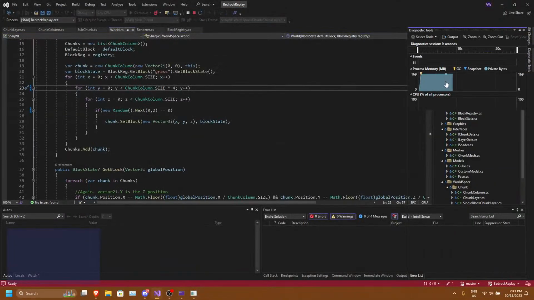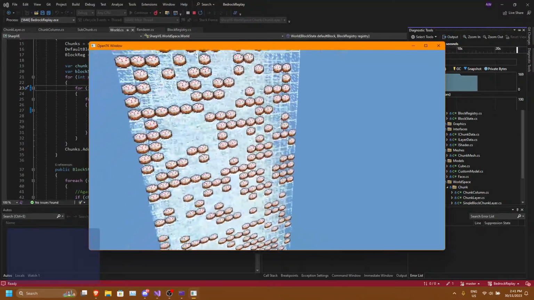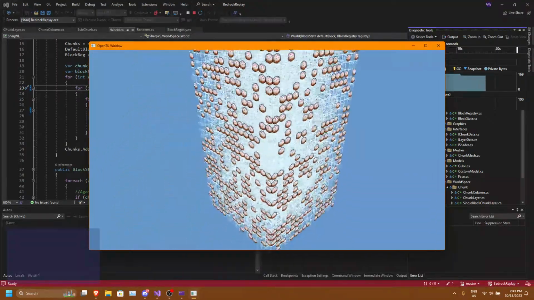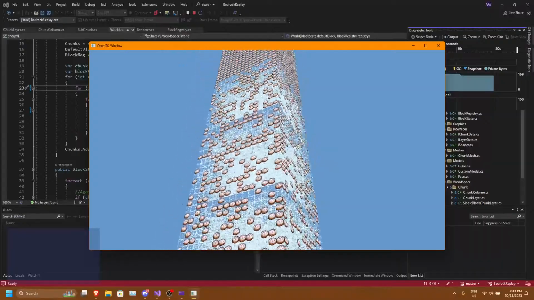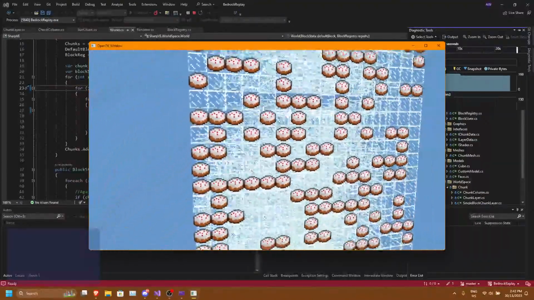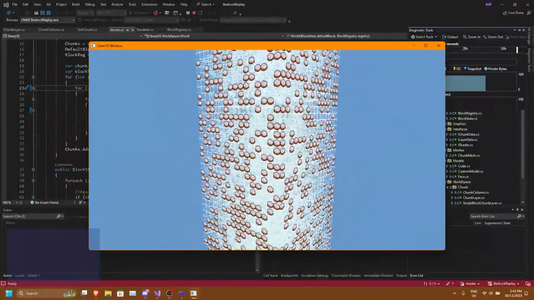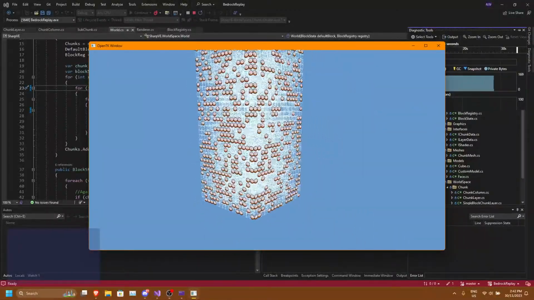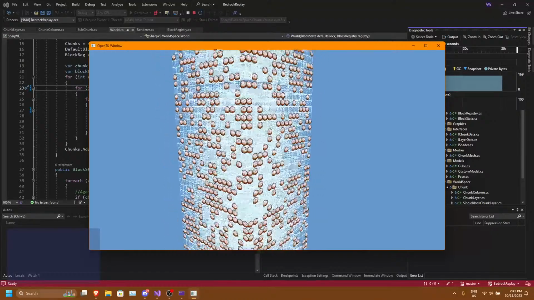It barely uses anything! Look at that! Only 138 megabytes. And we're rendering it. Oh my gosh. That is efficient. My engine is actually efficient. I've made something that is efficient.